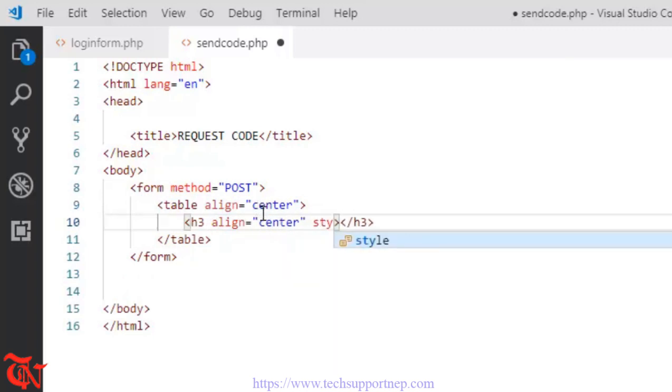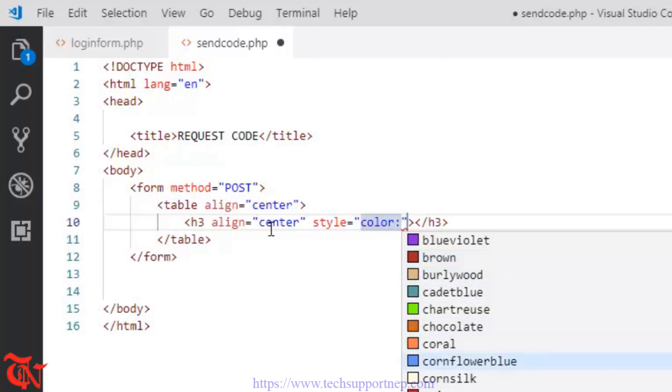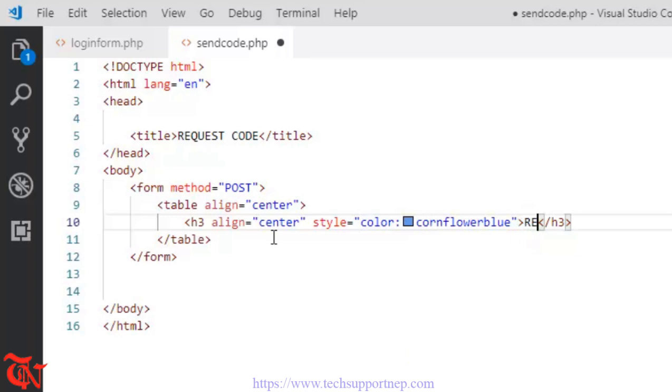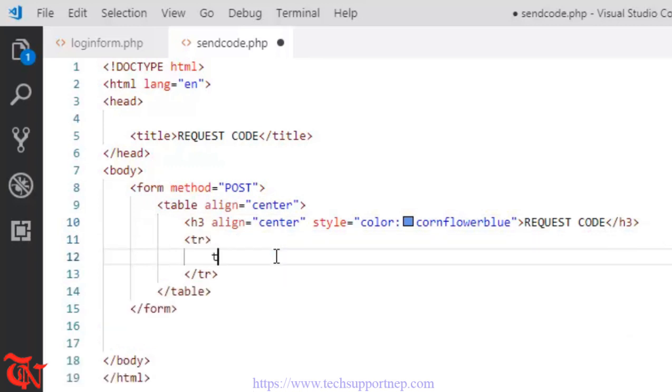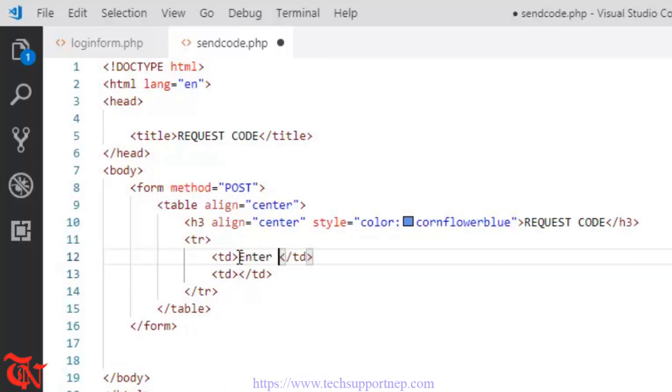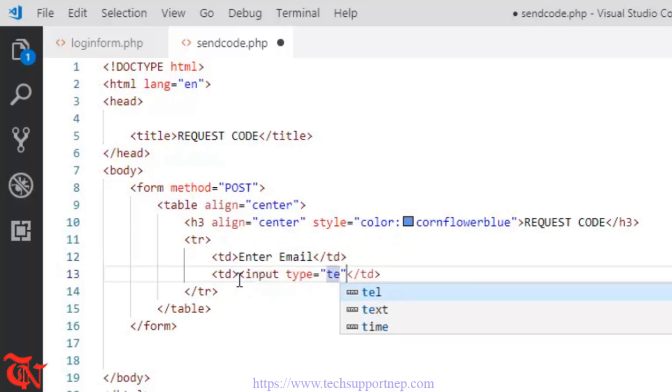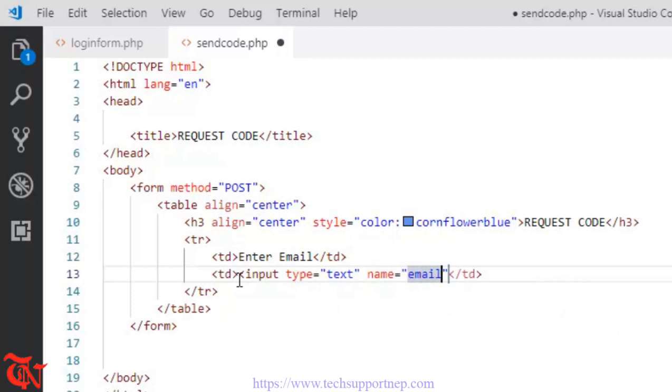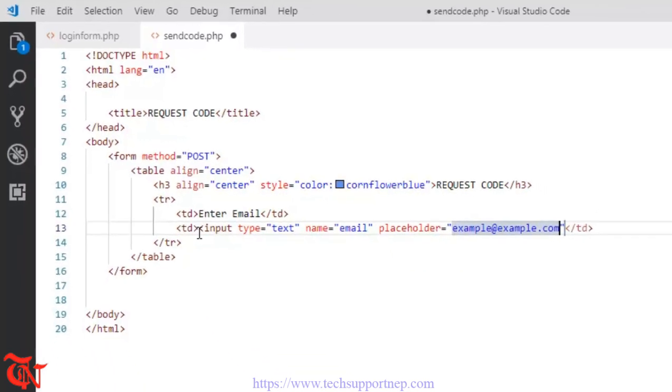center, and style is equal to color, and I'm going to choose this one, and here goes request code, and here I'm going to use table row. Inside the table row, table data, and another table data, and here goes enter email, and here I'm going to use input type is equal to text. I'm going to use text, but you can use email, and here goes name is equal to email, and placeholder is equal to example@example.com,